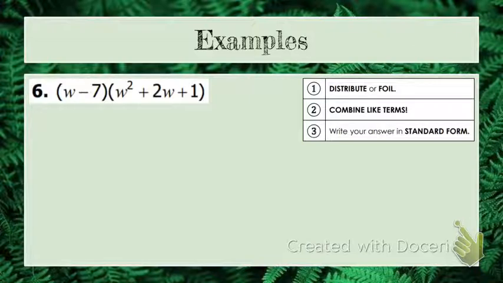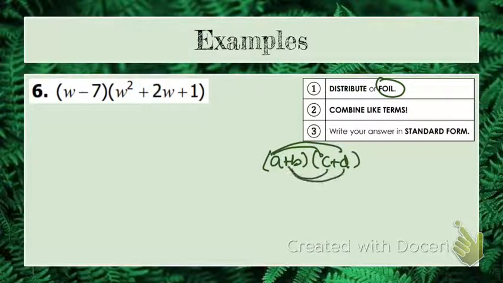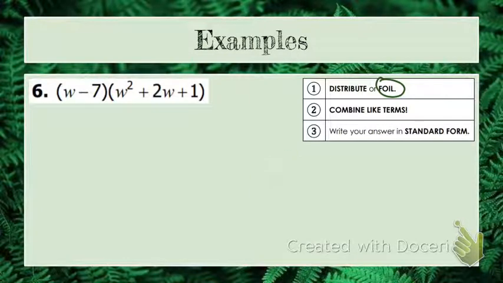The first step is to distribute or FOIL, then we will combine like terms and then write our answer in standard form. And so what that's going to look like, when we FOIL, remember that is if we have A plus B times C plus D, we multiply the first, the outside, the inside, and the last. But whenever we have more than two terms, we are going to think of this more as distributing each individual